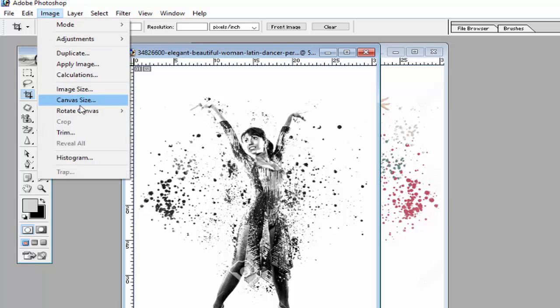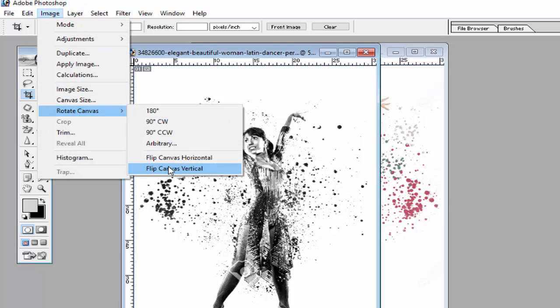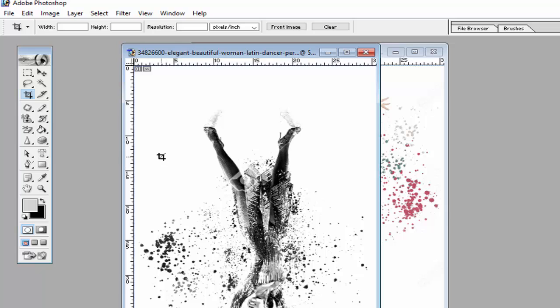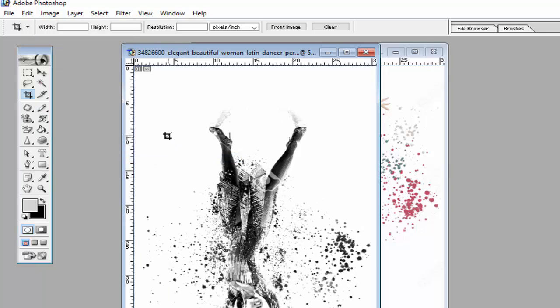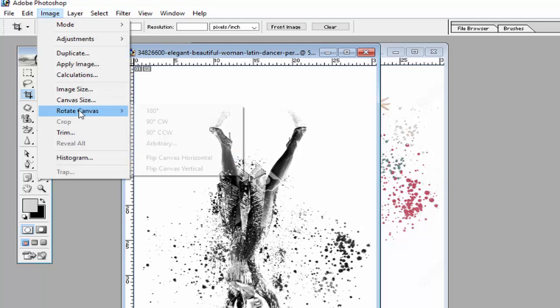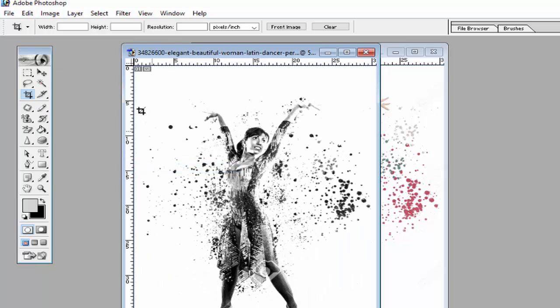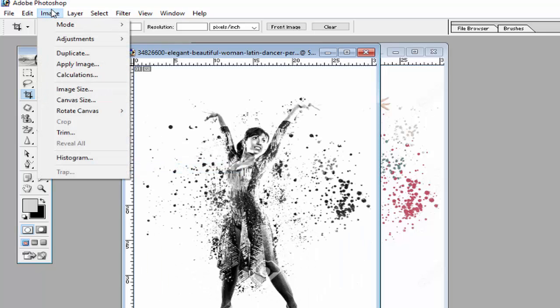See this. And Flip Vertical is the opposite, from top to bottom. So these are the ways to rotate your canvas using these options.